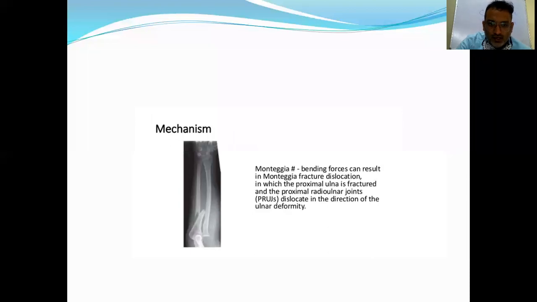So there are various fractures described. Monteggia fracture: M for Monteggia, medial bone is involved. So the ulna is fractured. Bending forces result in Monteggia fracture dislocation, where there is fracture of the proximal ulna. Ulna is the medial bone, so Monteggia for medial bone. The proximal ulna is fractured. With the proximal radioulnar joint, it might dislocate or not dislocate depending upon the severity of